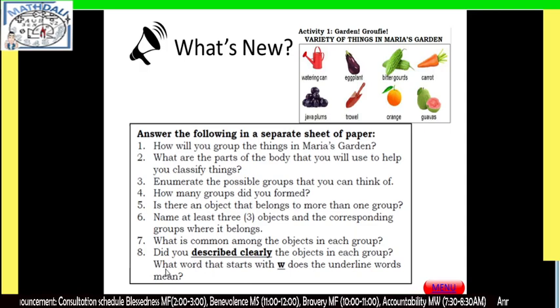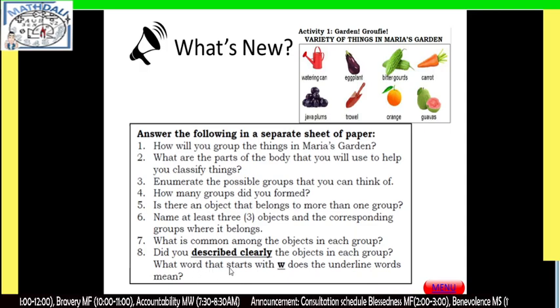Number 9. The last problem. What word that start with W does the underlined word means? Ano tong W na tawag dito? Describe clearly.